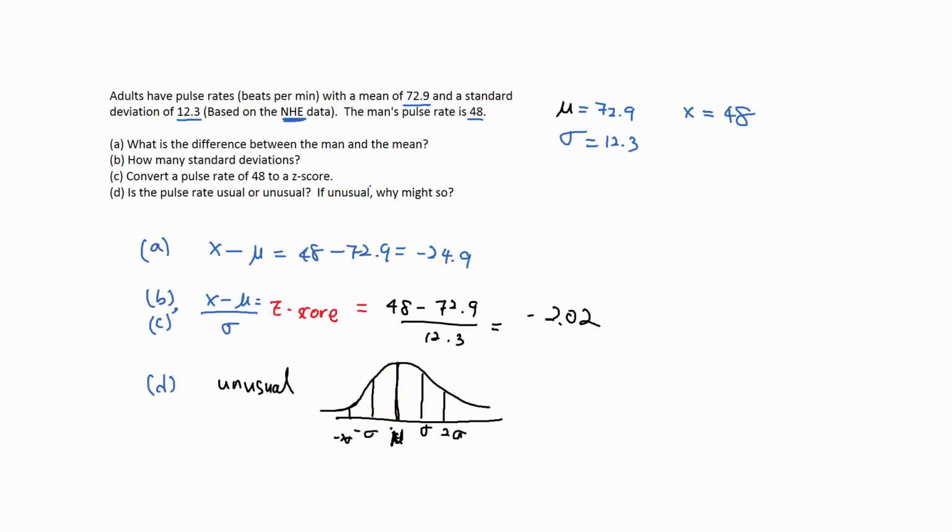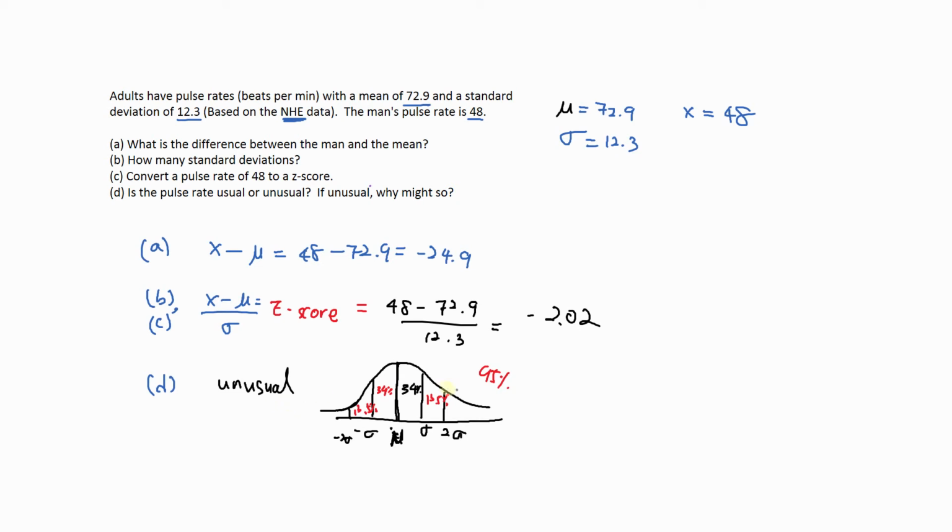And then the area under the curve, you can assume that's just 34%, and then 13.5% and 13.5%. So as long as a value is within 2 sigma and negative 2 sigma, they actually comprise 95%. However, this man has negative 2.02, he's slightly below it, therefore we consider it unusual. He's not in the 95 percent range